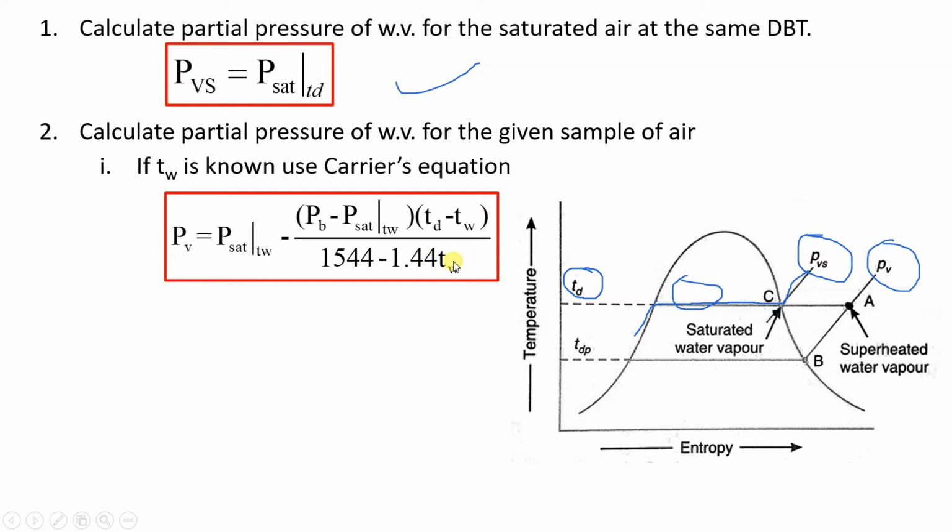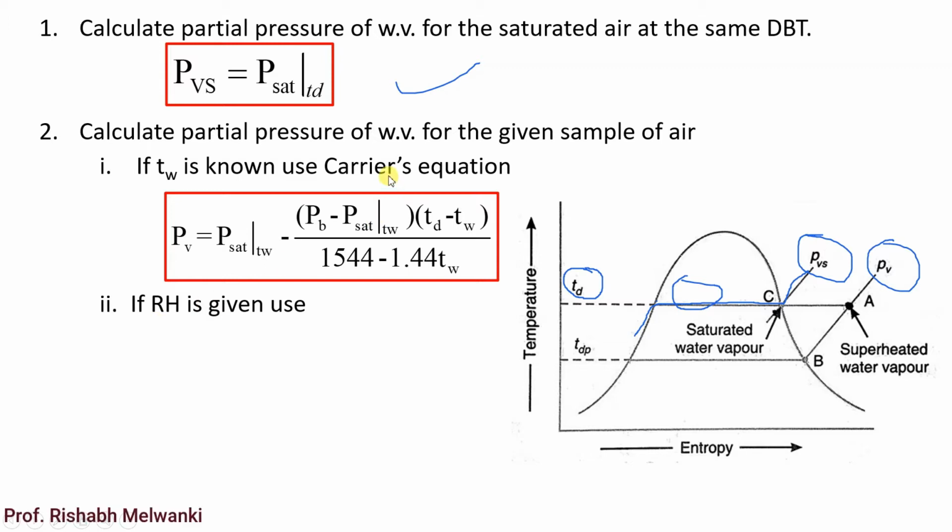Now please make sure that you are referring to only one textbook. In different textbooks the values in this equation are different. If you refer to Khurmi, this value is 1544. If you refer to DS Kumar, this value is 1547. And if you use the author CP Arora's textbook, there this equation is completely different. But by all three equations, you will get approximately the same value. So if you are looking at multiple textbooks, please don't get confused. Then the next type of numerical is dependent on the given data.